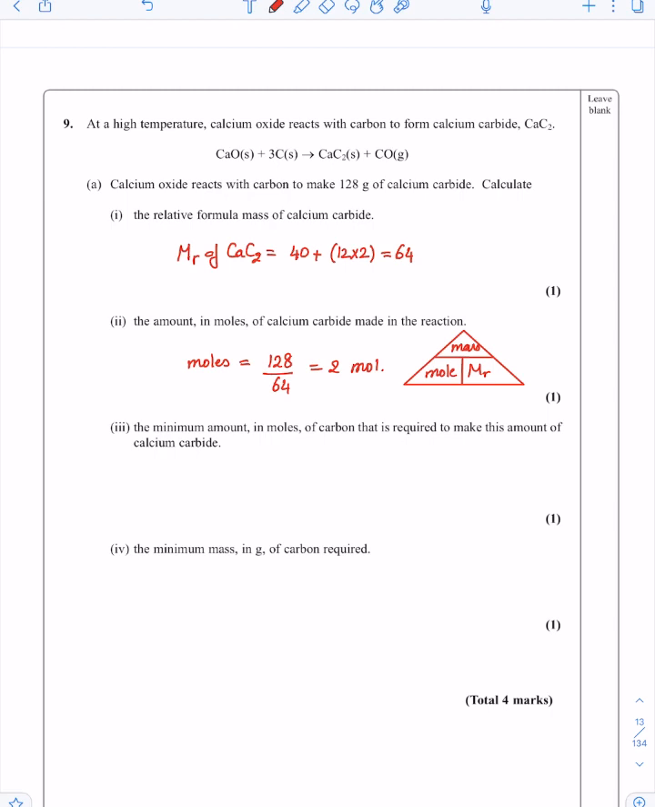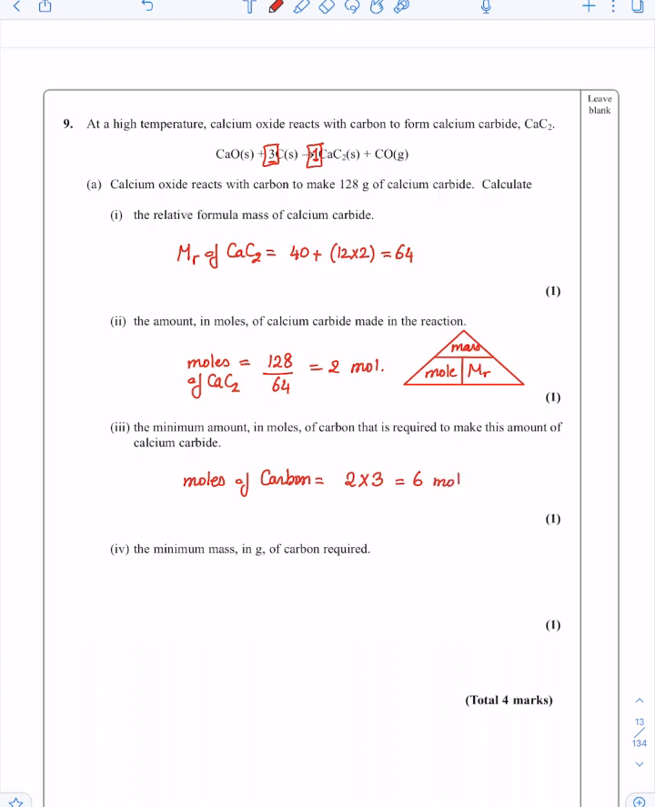Triple I, the minimum amount in moles of carbon that is required to make this amount of calcium carbide. طيب هو الريشيو between الكربون للكالسيوم carbide every 3 mole of carbon give you 1 mole of calcium carbide. طب لو انا مطلع ان المولز of calcium carbide is equal to 2 يبقى المولز of carbon بكام؟ يبقى المولز of carbon is equal to المولز of calcium carbide which is 2 by 3 عشان الكربون 3 times الكالسيوم carbide. الريشيو 3 to 1 يبقى الكربون 3 times الكالسيوم carbide يبقى المولز of carbon is equal to 2 by 3